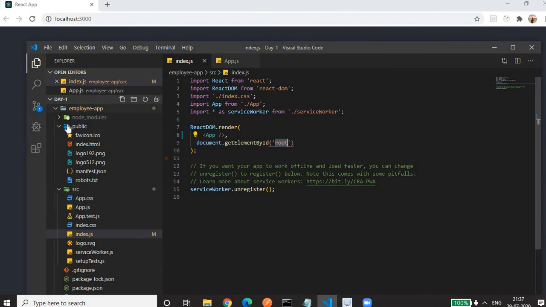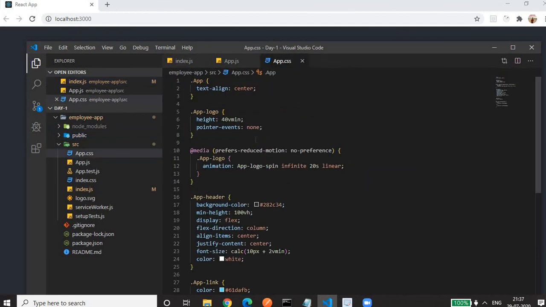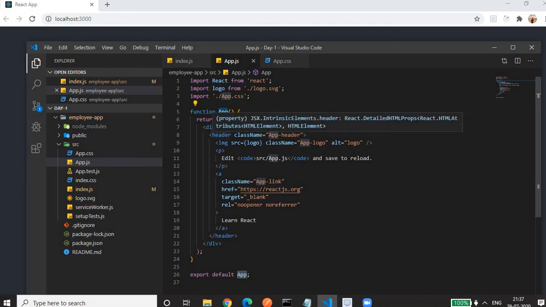Corresponding to this, let me close this public folder. Corresponding to this App.js file, we have a CSS file in which we mention CSS related to App.js. We'll refer to the CSS file by using import App.css. So we'll remove everything from here.